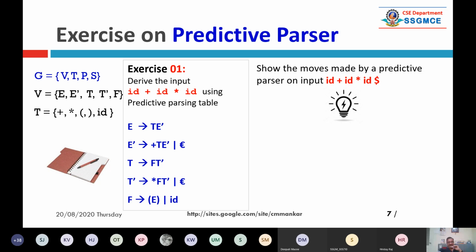And there is a given statement. This is a string of tokens: ID plus ID star ID. So we have to construct the first and follow sets. Then we have to construct the parsing table, and then we have to apply the parsing moves on that given statement. See here, there is a dollar. We are using an extra symbol dollar to indicate the end of the statement, the end of the source code. So this is the grammar. You can number it. Numbering is very important. I am not doing numbering here, but in the next unit, we will be numbering the production rules.